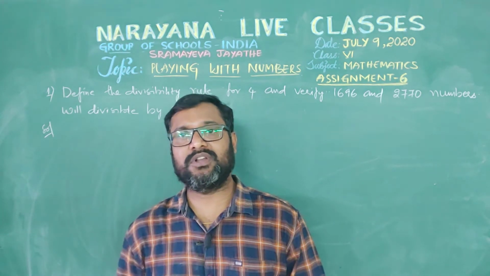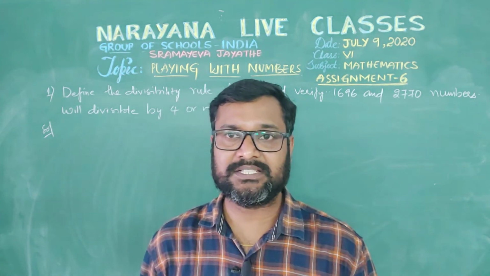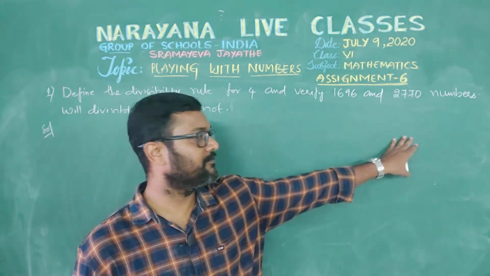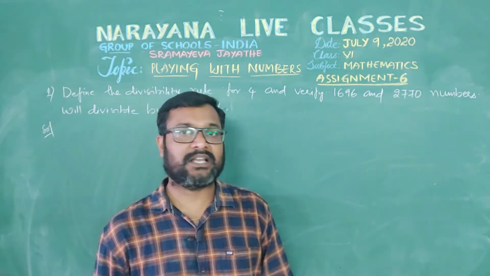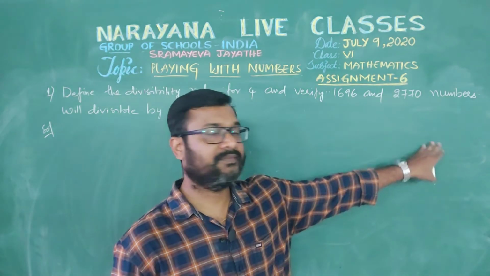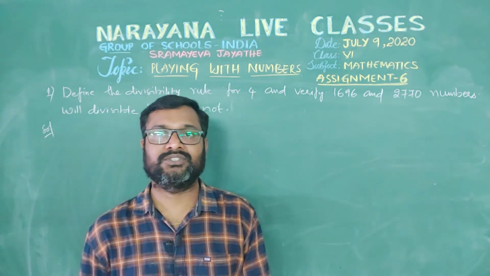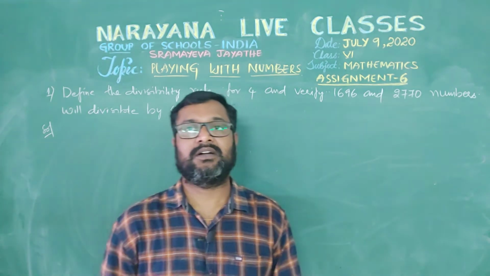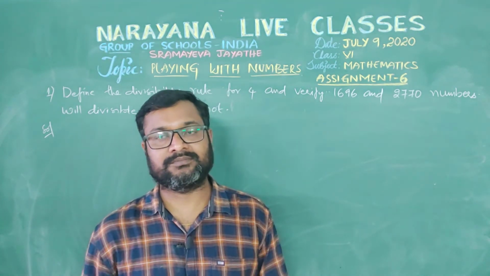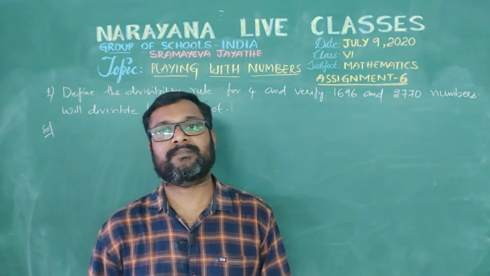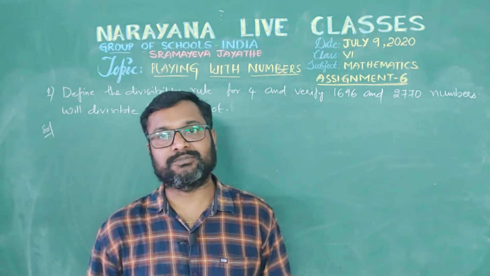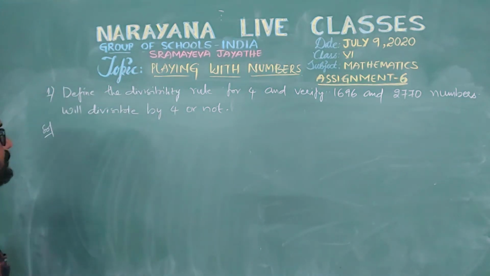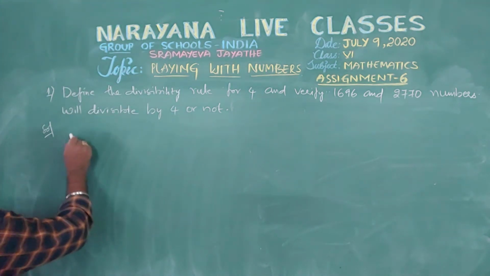The divisibility rule of 4 is if a number is divisible by 4, then the last two digits should be divisible by 4. If the last two digits are divisible by 4, then that number is divisible by 4. So that's the divisibility rule for 4. So definition: